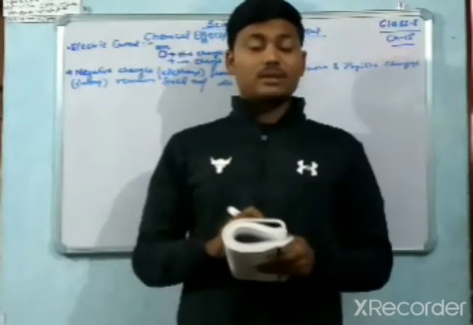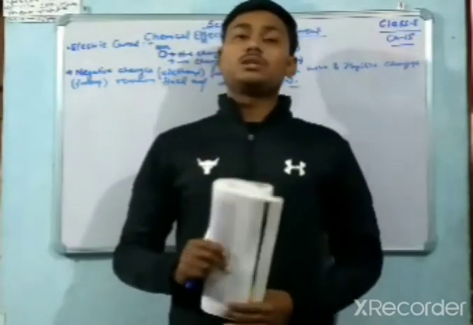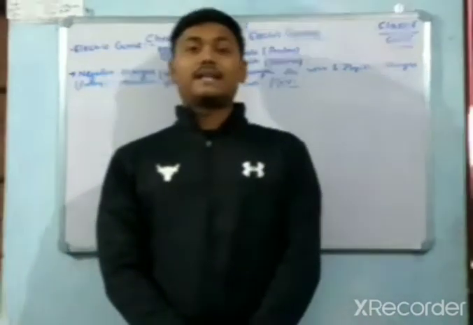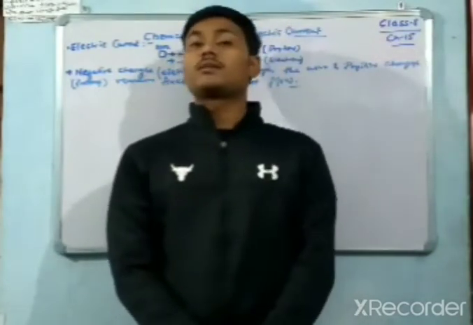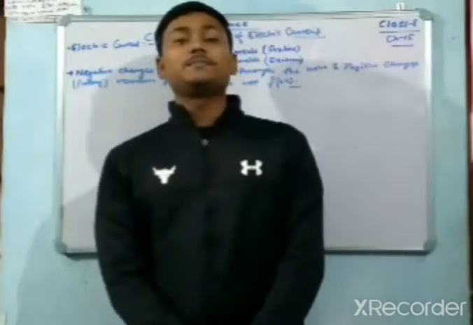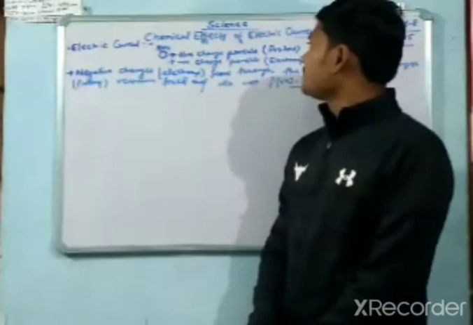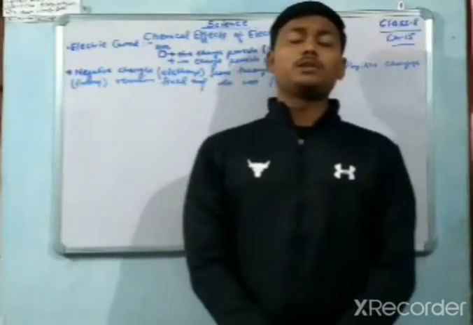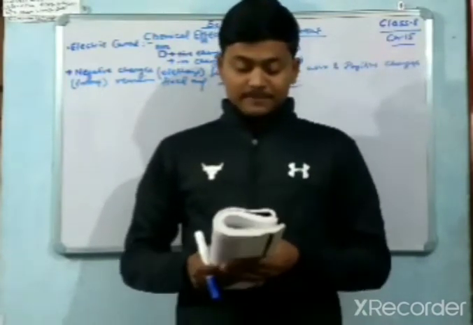One thing I want to tell you is that the direction of water is just opposite to the direction of the movement of fish. We can also say that the fish always move opposite to the direction of water. Similarly, here in electric current, negative charge, meaning electrons, always flow opposite to the direction of the electric current.